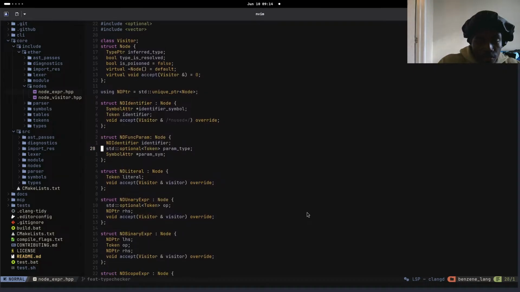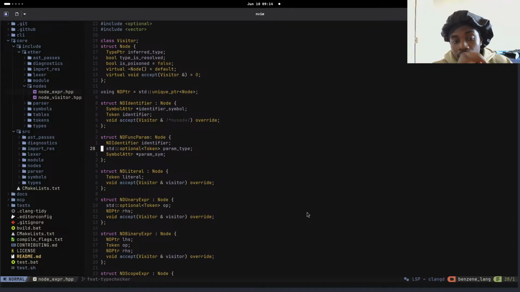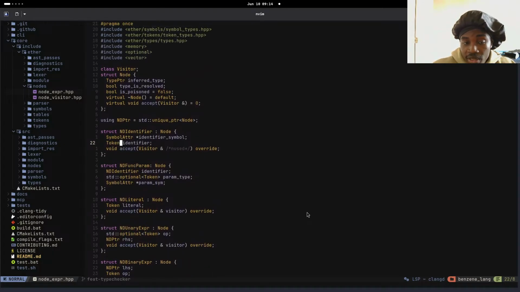You see, I'm putting the func params in the nodes. But then again, I'm thinking we should low key have the type be a type pointer instead of a token. But then that risks